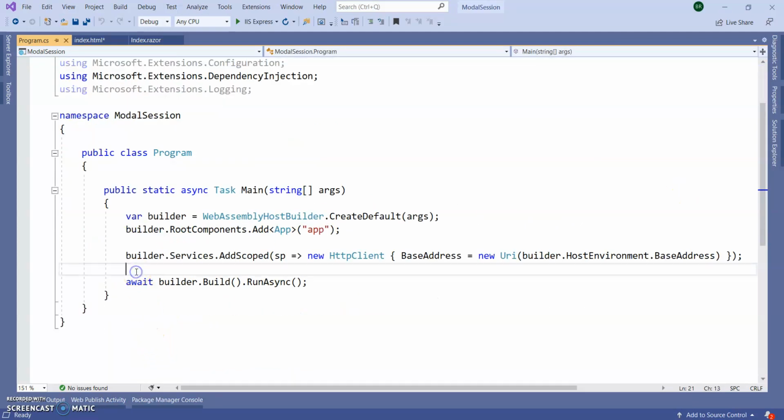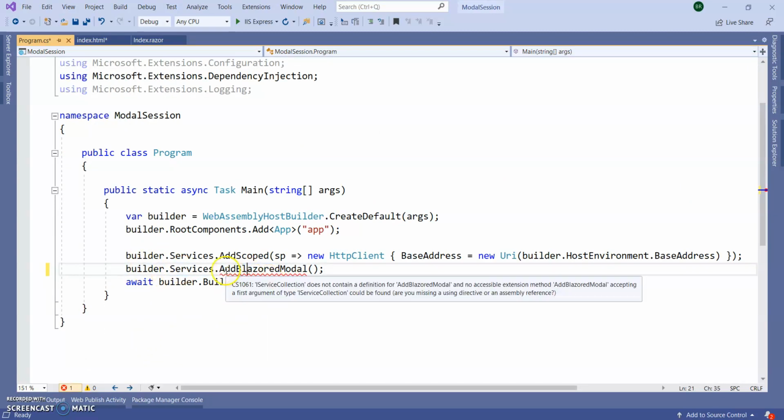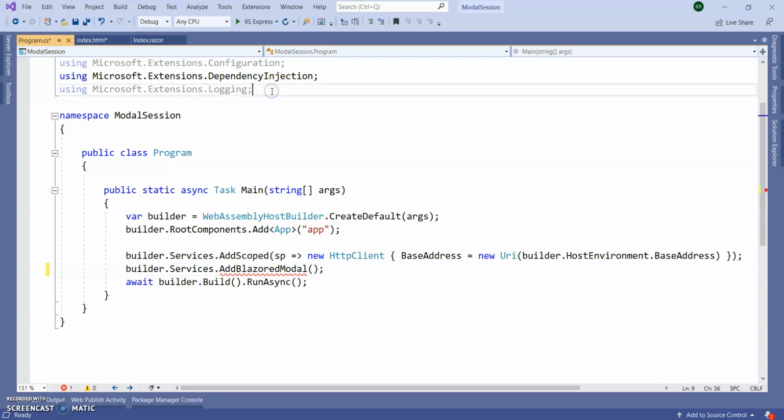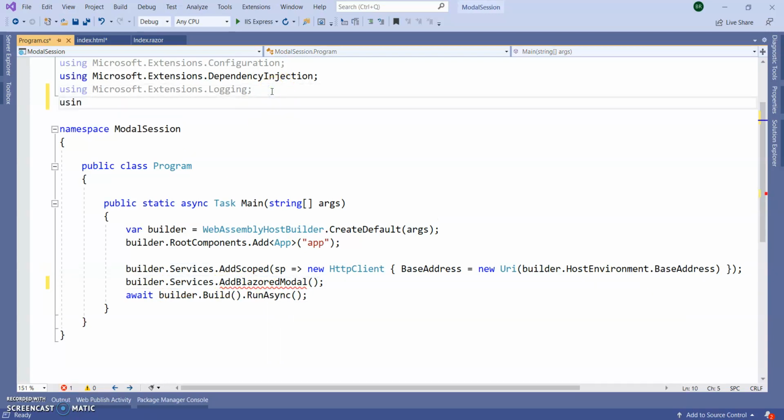So here I am adding builder.Services.AddBlazoredModal. This requires one using statement, using Blazored.Modal, and we can register our service.